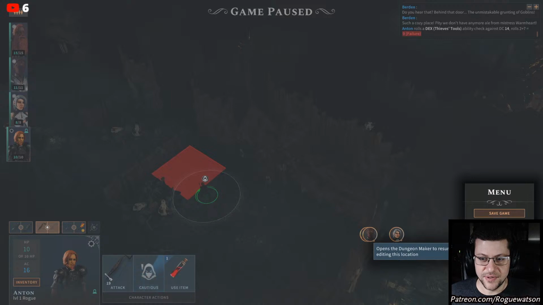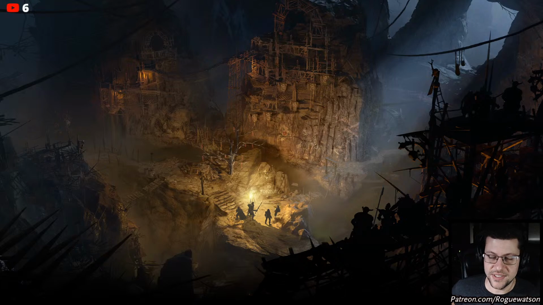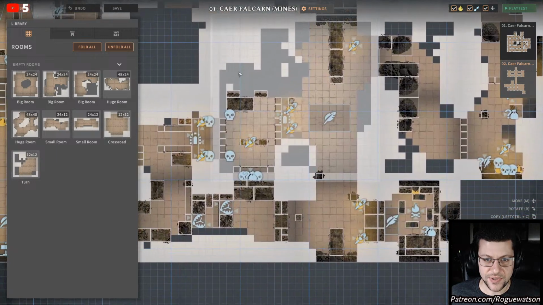Alright, so there we go. Opens dungeon maker to resume editing this location. So let's see how long that takes. That was an example of jumping into a... oh, that was quick. Okay. Well, load times aren't that bad then, actually. So we made it to here and here. So if I'd gone through that door,